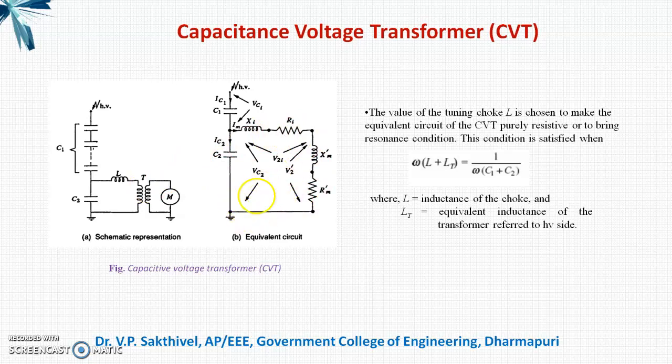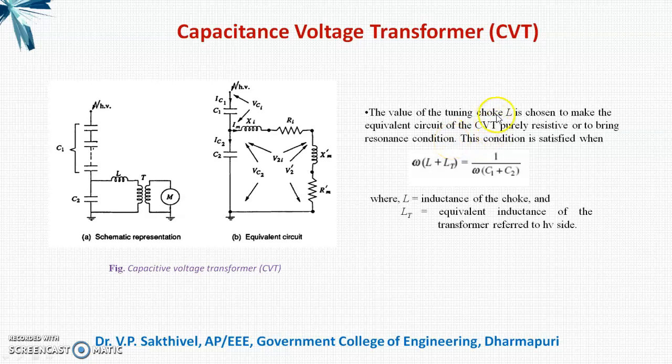And here the output voltage of this potential transformer, that is the secondary of the voltage transformer, is about 100 volts, whereas the input we discussed is 10 to 20 kV. The potential transformer which is used further reduces the voltage. Then the voltage across the secondary terminal of the potential transformer is about 100 volts. Then the equivalent circuit is shown here.